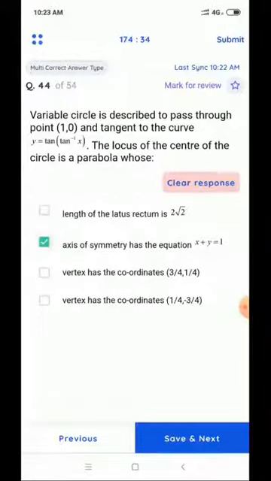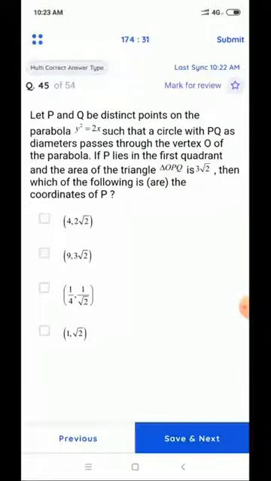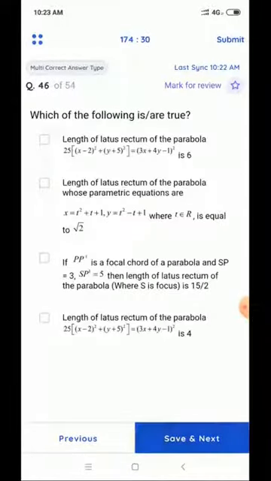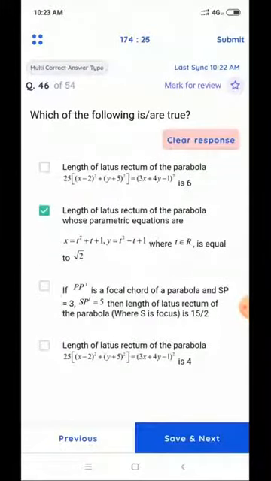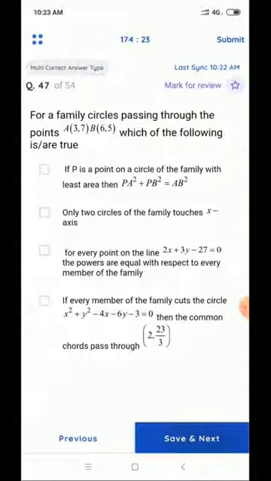Once you are done with all the questions, don't forget that for every answer you need to click on save and next. Finally, once you are done with your exam, there is an option called submit on the top right corner. Click on submit.